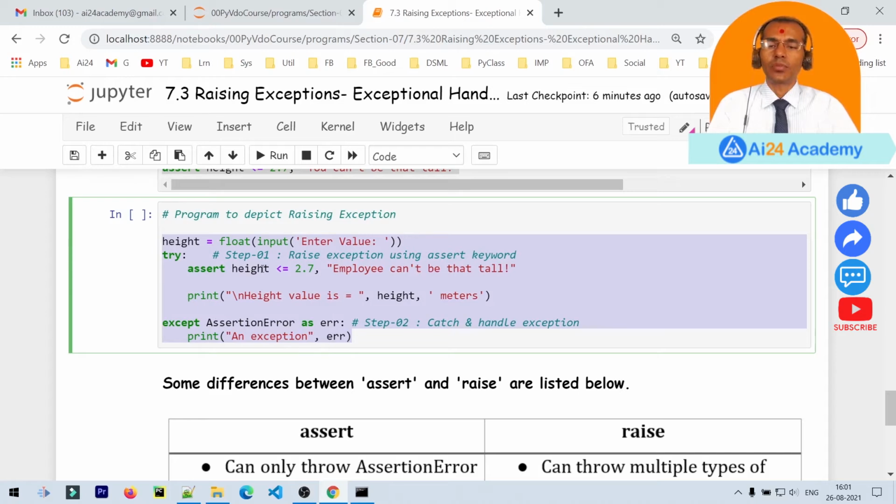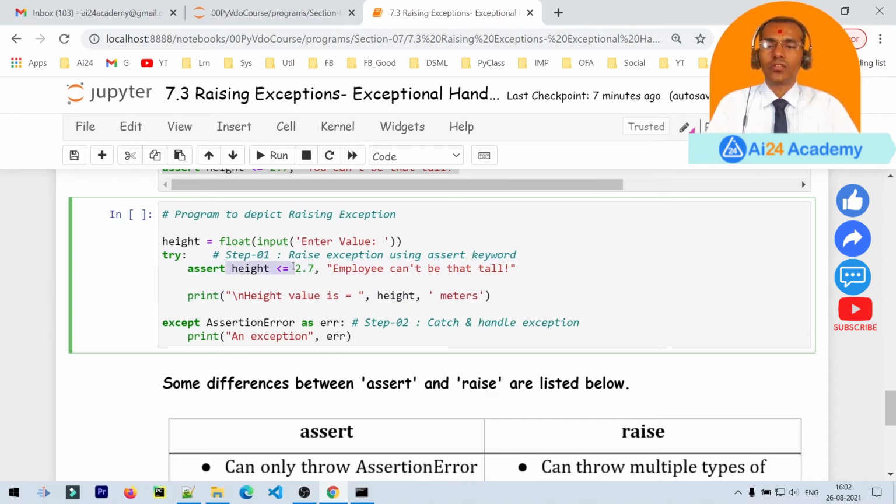Here is a complete program to raise an exception using the assert keyword and catch and handle it using an except block. Let me just briefly explain. Here is a statement to read the height of a person from the keyboard, and then we have this assert statement within the try block.